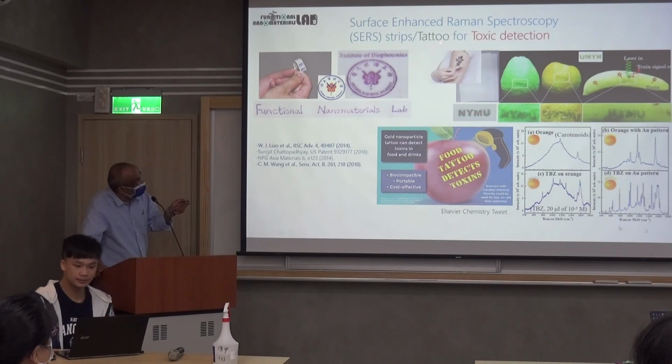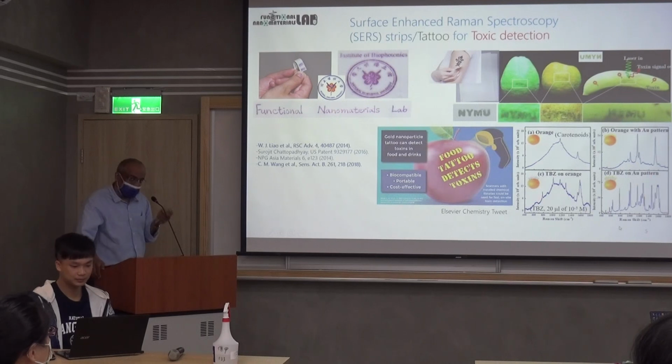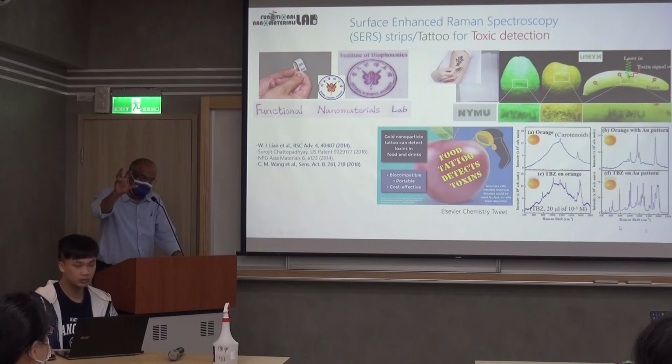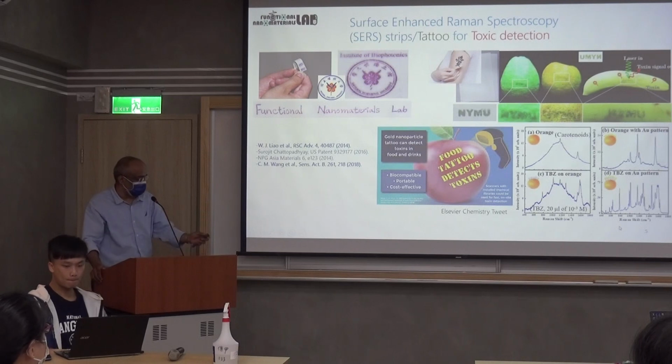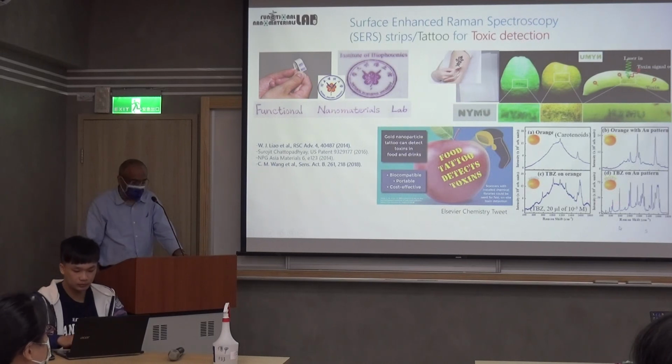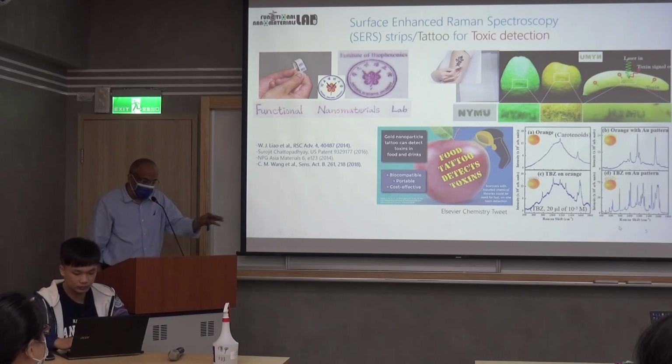So this is a tattoo paper, okay? It's a tattoo paper that we can use to deliver the gold onto the fruit surface and then detect what kind of chemicals are there on the fruit surface. So this is an example of how you can detect if the fruit is safe for you to eat or not by using Raman spectroscopy. And of course you can see that our signals, when we have that gold on the orange, are much enhanced. So I can detect those chemicals in a lower concentration.